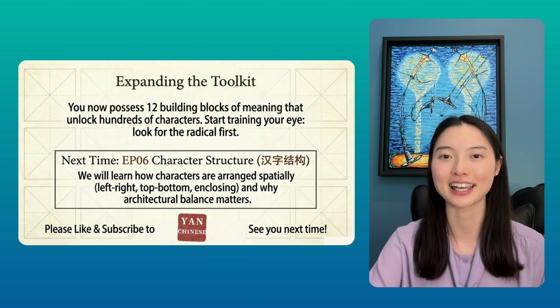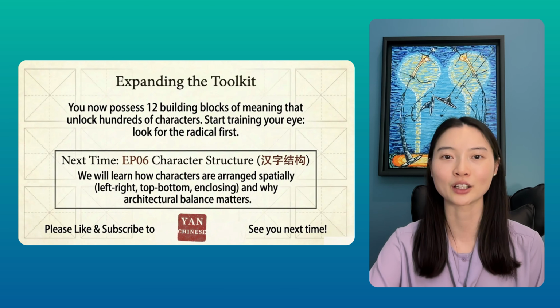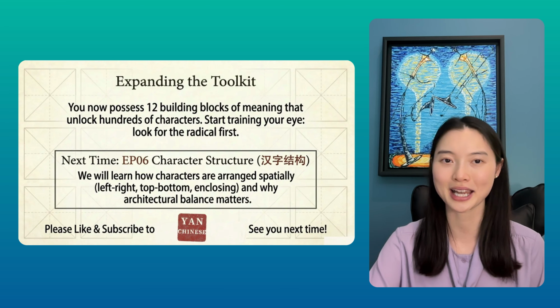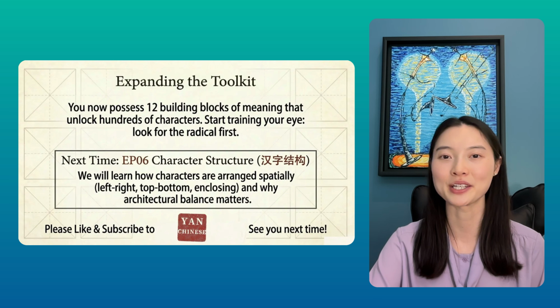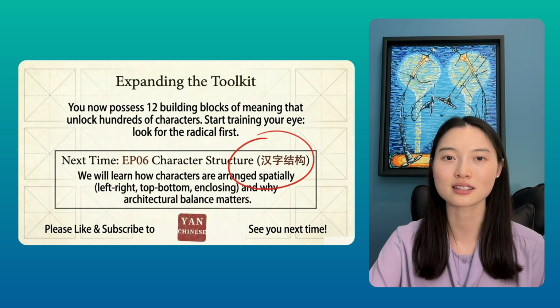That's it for today. You now know 12 of the most important radicals, the building blocks of meaning behind hundreds of characters. Next time you see a Chinese character on a menu, a sign, your phone, look for the radical first. In episode 6, 汉字结构,